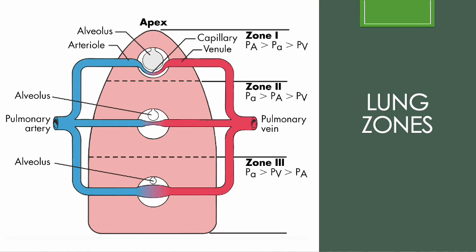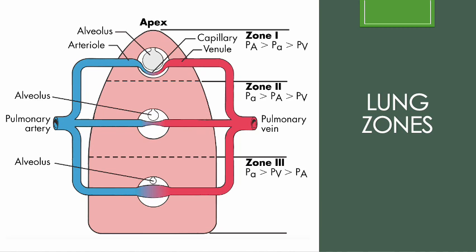Starting with zone 1, this exists in parts of the lung where alveoli exist at a greater resting volume. Alveolar pressures can exceed pulmonary artery pressure so that perfusion is impeded. It represents alveolar dead space because the region is ventilated but not perfused. Normally, zone 1 either does not exist or exists only in a very small margin of the lung area around the apical border during spontaneous ventilation. However, the use of PEEP or high airway pressures during positive pressure and/or mechanical ventilation can create or expand